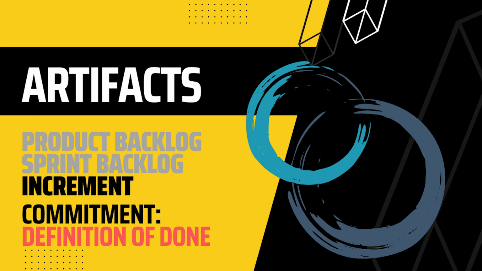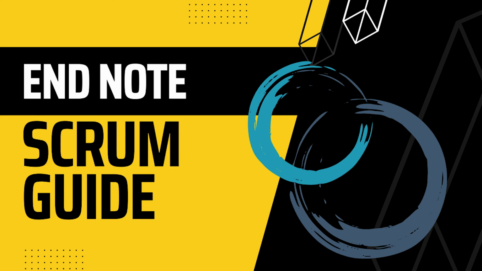If it is not an organizational standard, the Scrum team must create a definition of done appropriate for the product. The developers are required to conform to the definition of done. If there are multiple Scrum teams working together on a product, they must mutually define and comply with the same definition of done. End note.